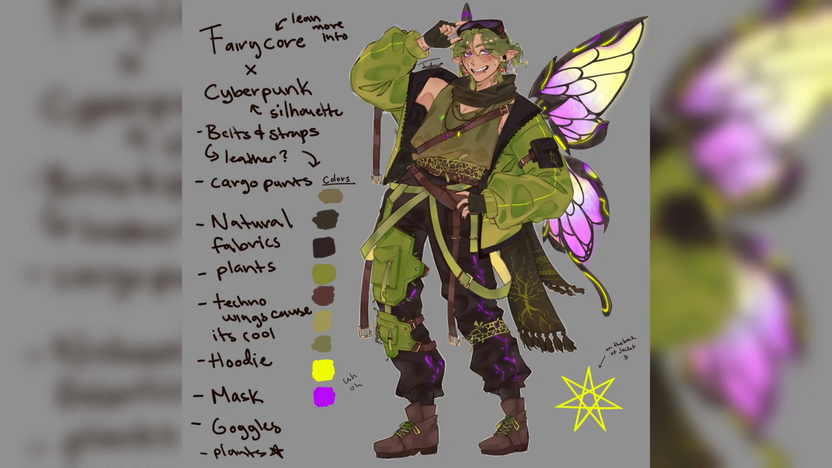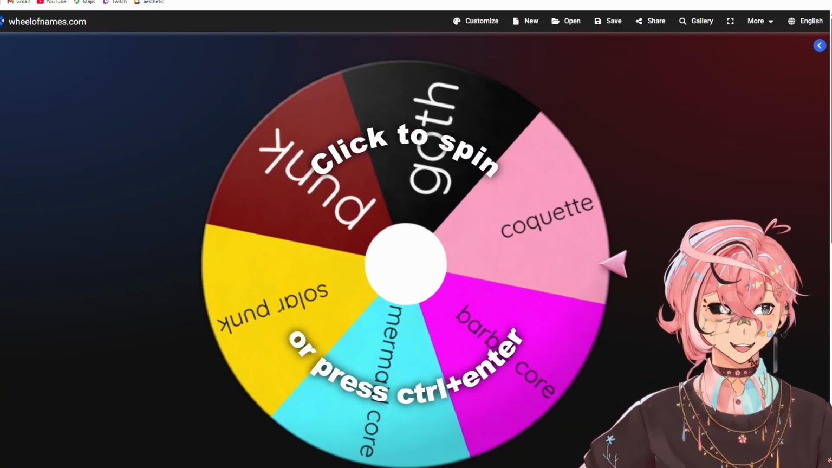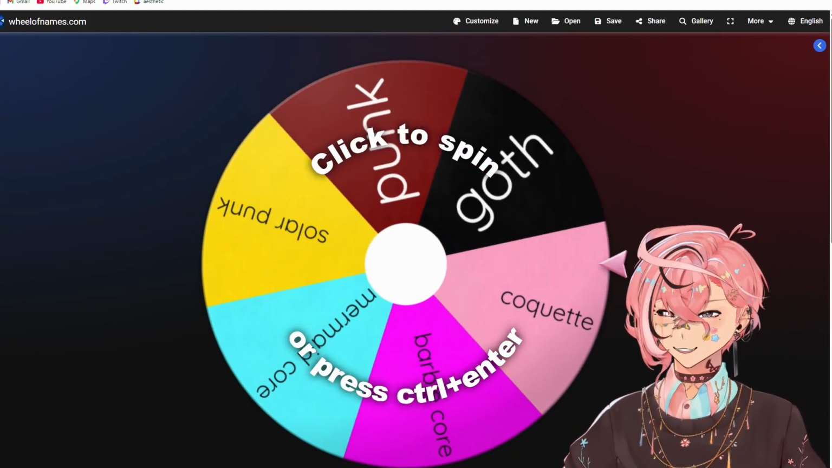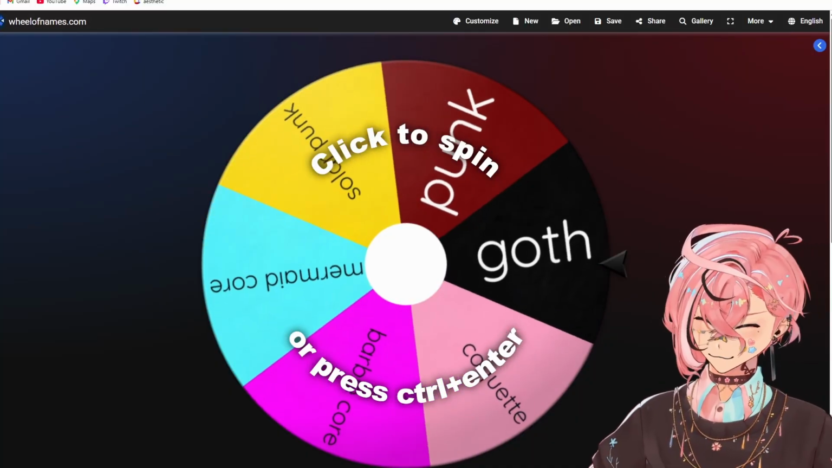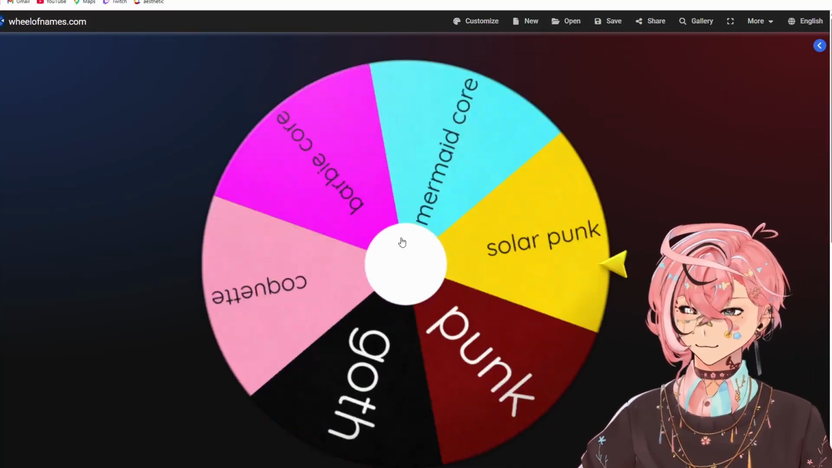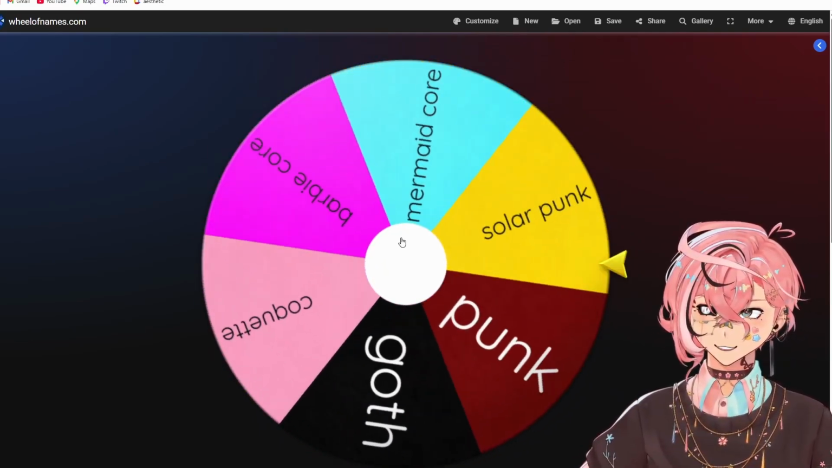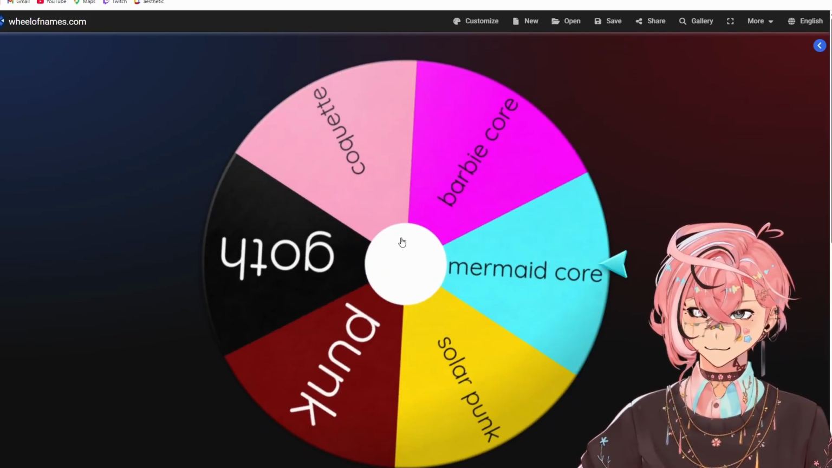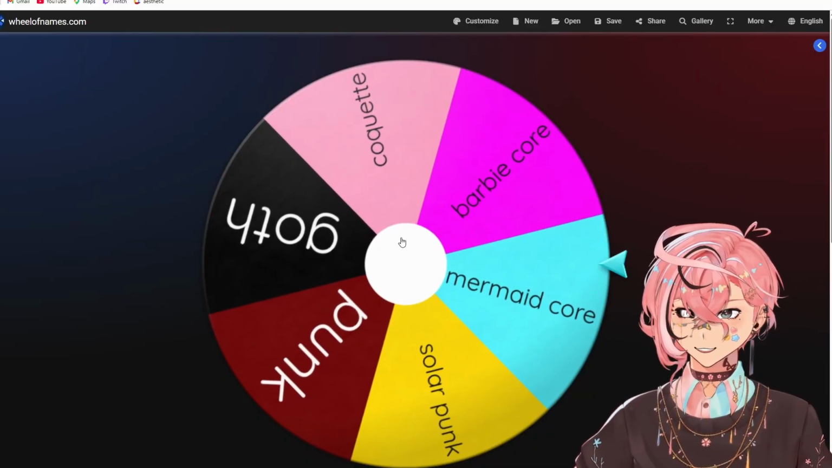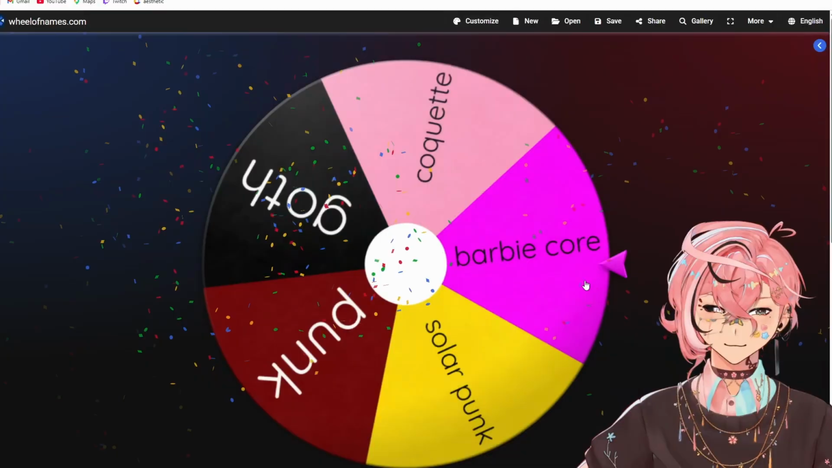I have created peak. Okay, welcome back to the wheel one last time, and I am terrified of our options here. We're just gonna go ahead and spin. I'm really scared. I really want goth and mermaid core, but oh, yeah, mermaid core, please, please, please. Yay! Okay, but now